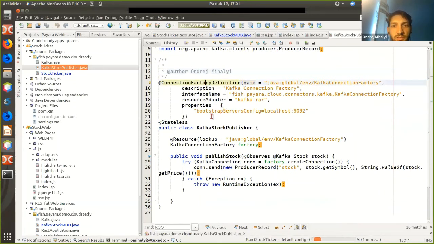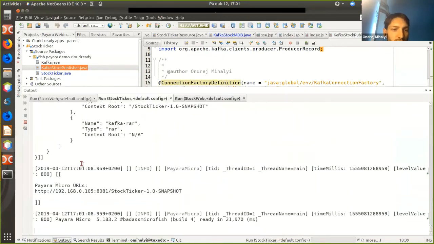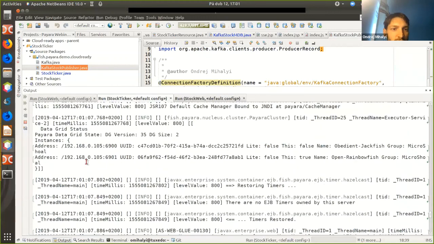This is very similar to sending messages over JMS. You request a connection factory with the specified JNDI name, configured in the connection factory definition. Here are some properties like the URL of the Kafka broker, and the resource adapter that we also need to add into our runtime. So we deploy, and if we look at the log,